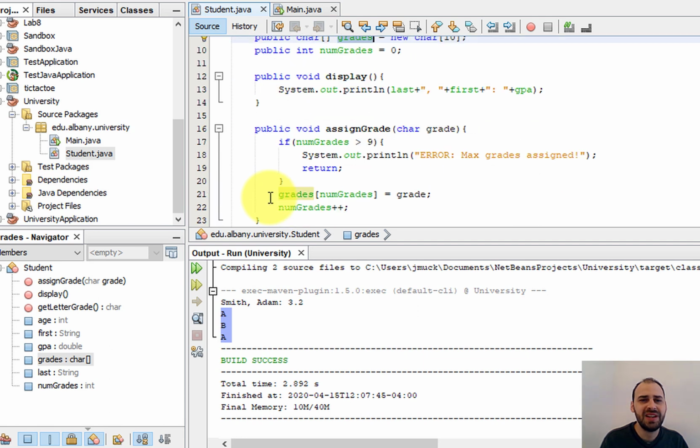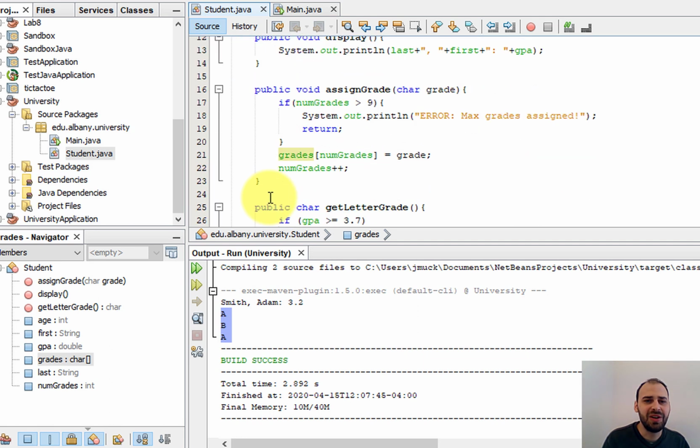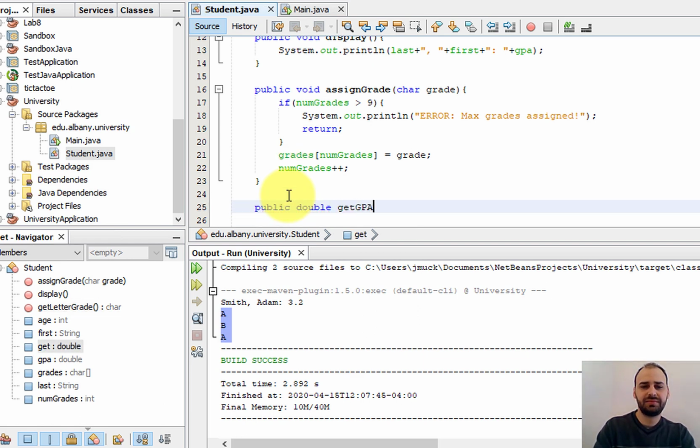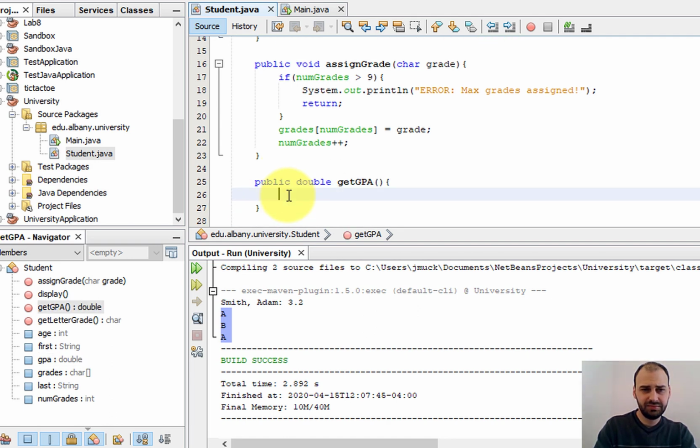Right, so let's make something called, okay, and what we want to do is calculate the GPA based on all the letter grades